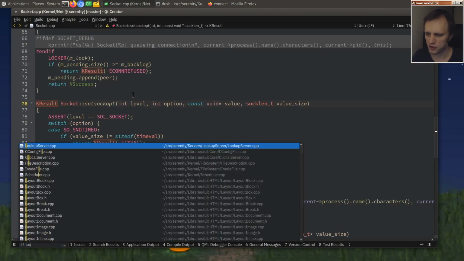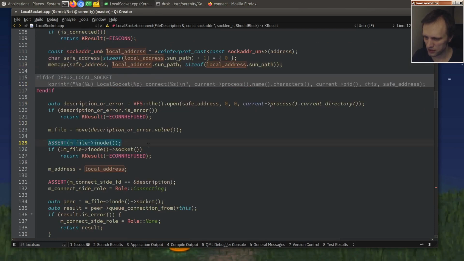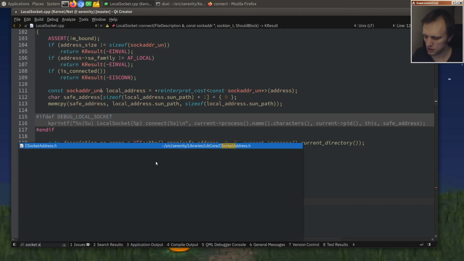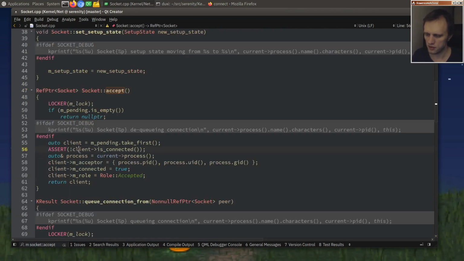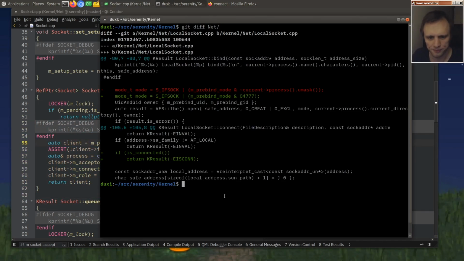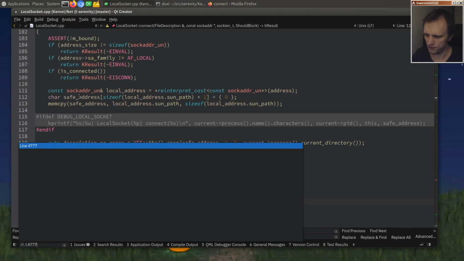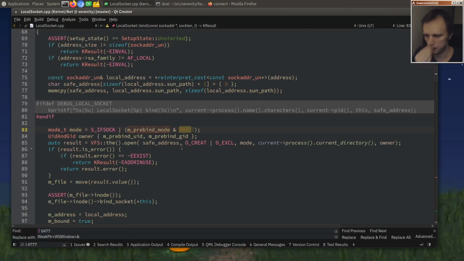Now the code doesn't look representative of what I just said. So I should probably put some more assertions, but like these type of things, it's nice to have them. And which was the one that caught us? It was socket accept, right? So right here, we were asserting that the socket was not already connected, which was a good assertion, because we shouldn't be here. We shouldn't be accepting the same socket again. Anyway, these are two patches, I think, so let's separate them. Where is that thing? Here. All right, so